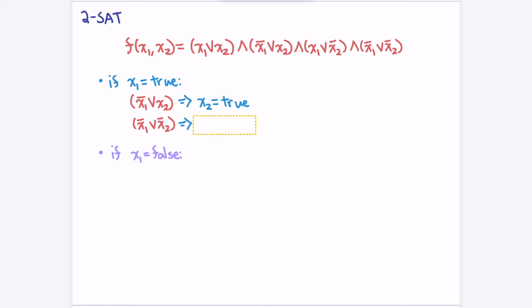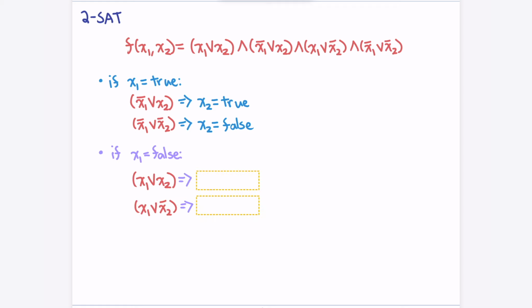And then the second clause tells you that x2 has to be right. So it can't be both. And same with x1 is false, we'd have these two things. So if x1 is false, then the first clause tells you that x2 has to be